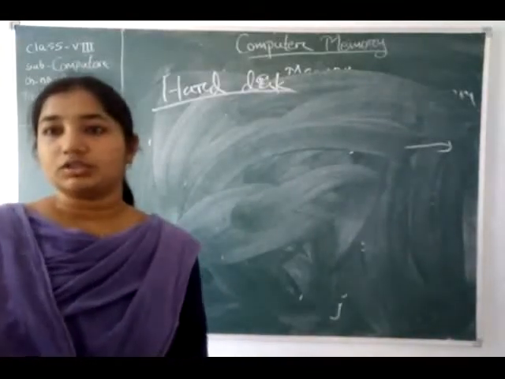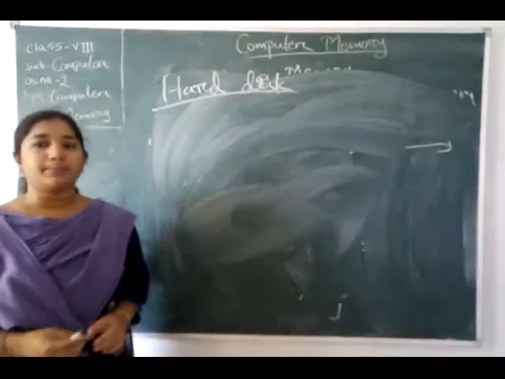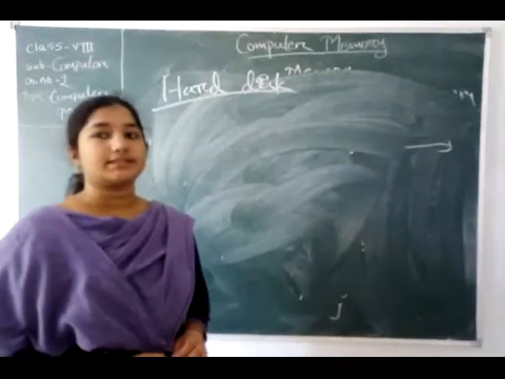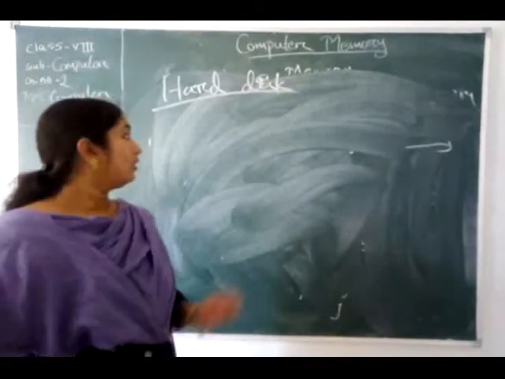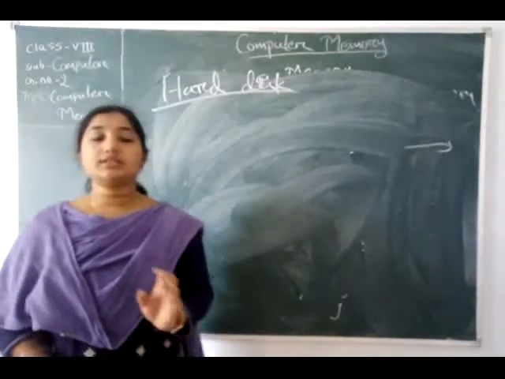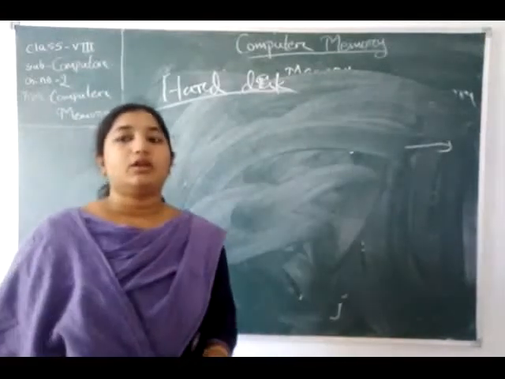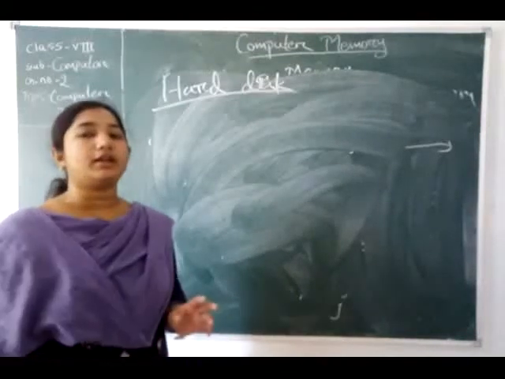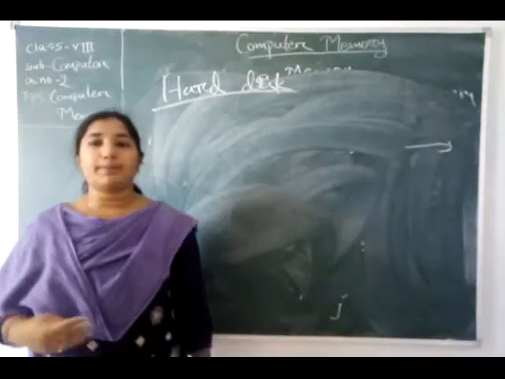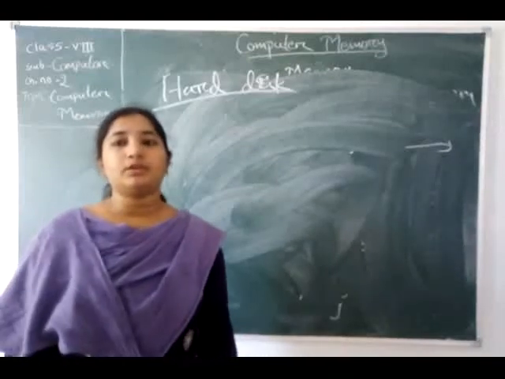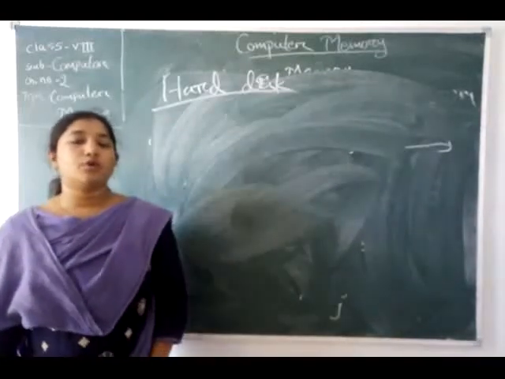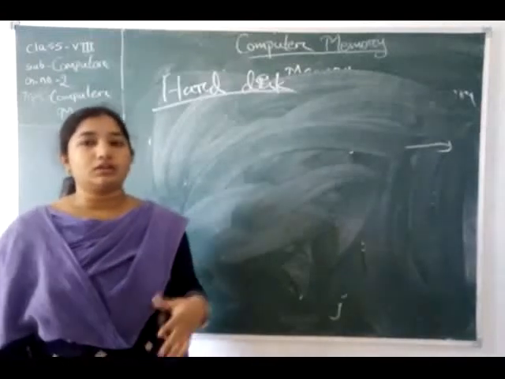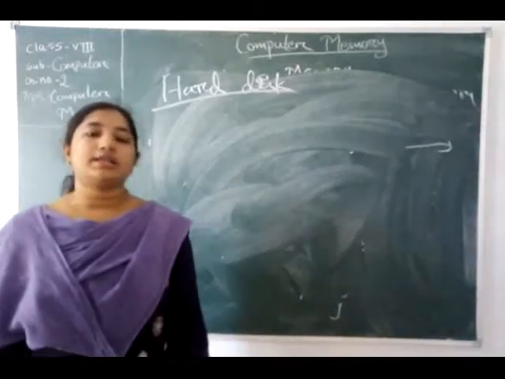Hard disk is a thin circular metallic plate coated on both sides with a magnetic oxide material. So it is the material from which the hard disk is prepared. It is a non-removable storage device. Means we can store all the things on it, and it will not be erased automatically.